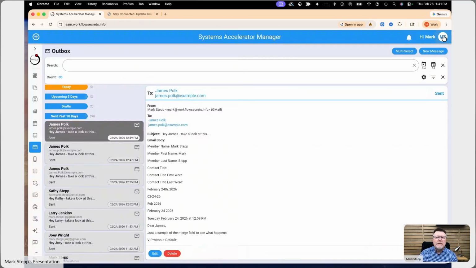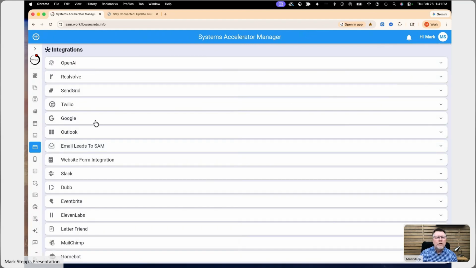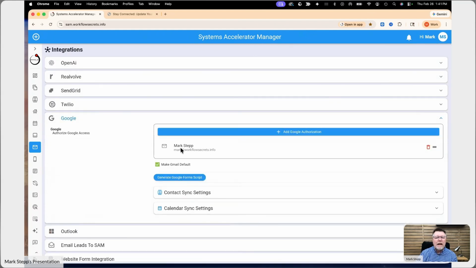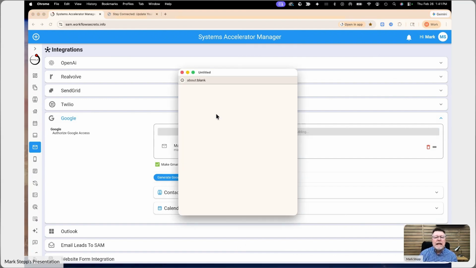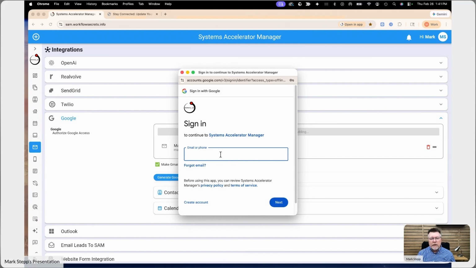error, that basically means that in your integrations area, under Google, the authorization for that is not right. I've had some people go in there and do the authorization, and as they do the authorization, let me do one here. So